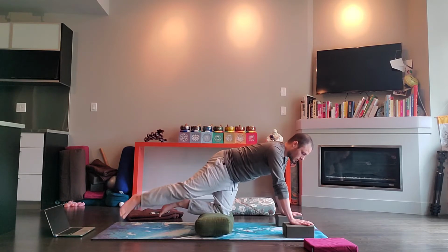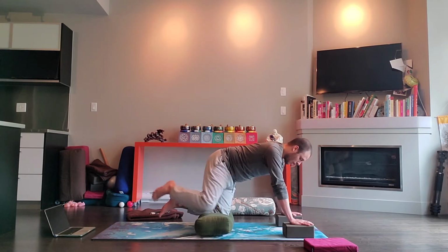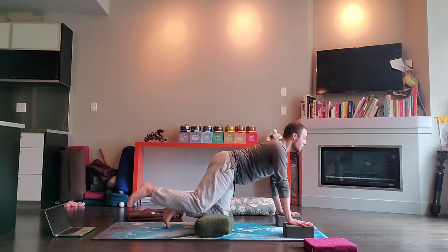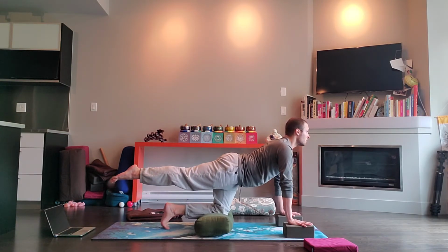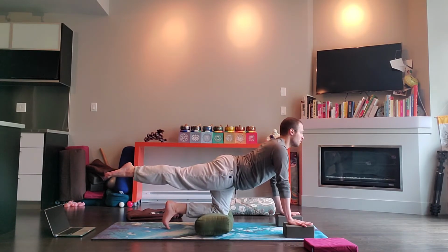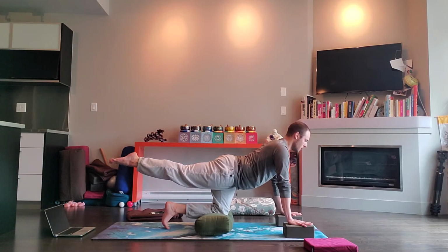Good. From there, shake out the left leg. And then bring the left leg back, and we'll do that little series on the left side. So have your right toes tucked underneath you for support. Reach your left leg back. Okay. From there, go ahead and,